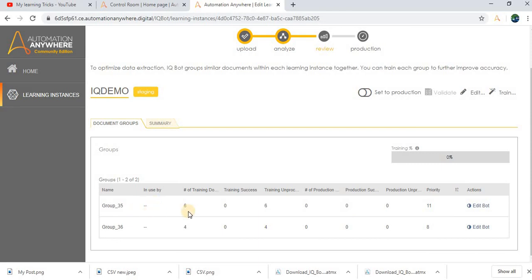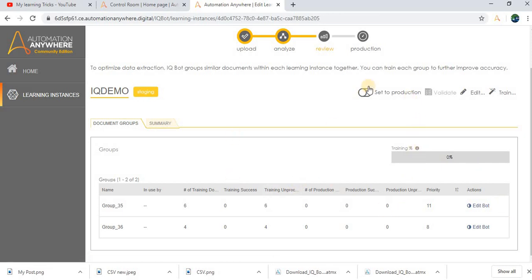In the first group we have 6 training documents, and in the second group we provided 4 documents. If you want to edit the bot, or change any details, you can edit the bot and make any changes.